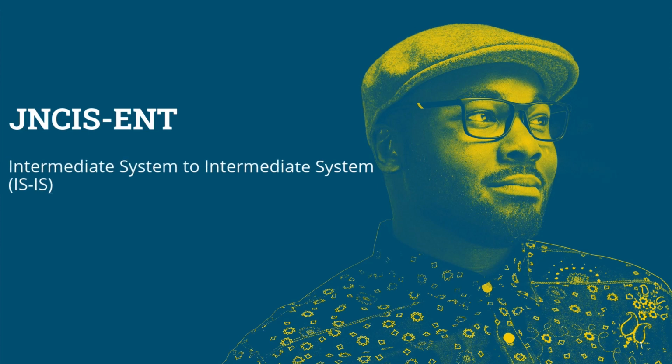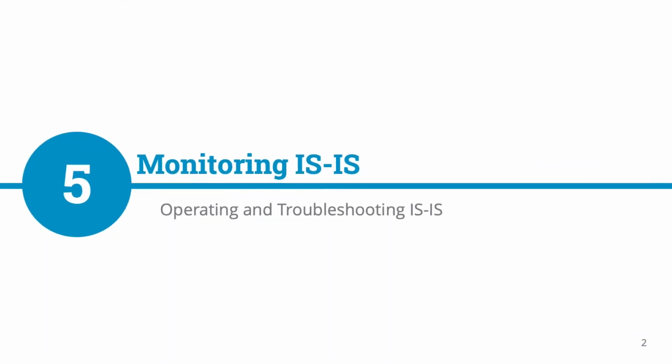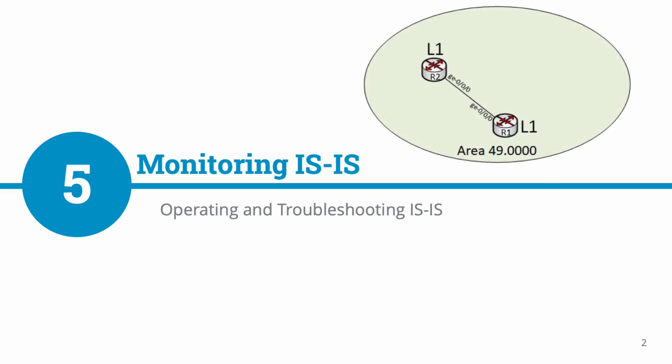In this section of the course, we're reviewing ISIS concepts, configuration, and monitoring in Junos. In this lesson, we'll be reviewing the commands and outputs needed to monitor and troubleshoot ISIS on Junos devices. We'll take a look at router R1, which is directly connected to R2 via ge-0/0/0.0. These routers are both configured as Level 1 routers in Area 49 and are not connected to any other